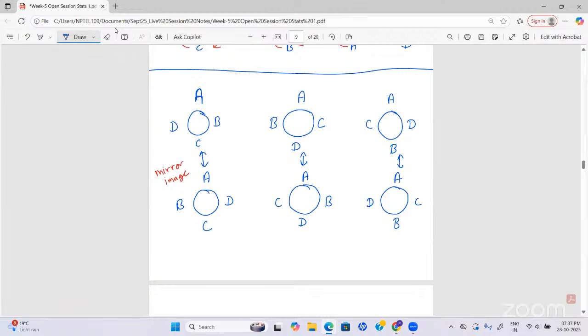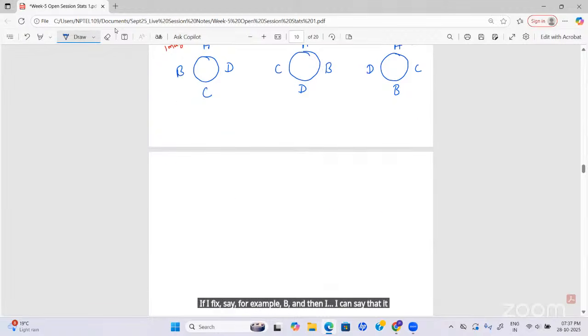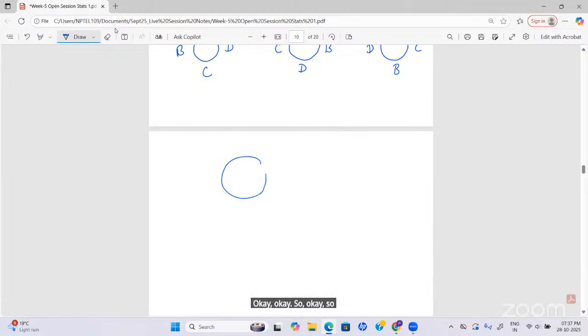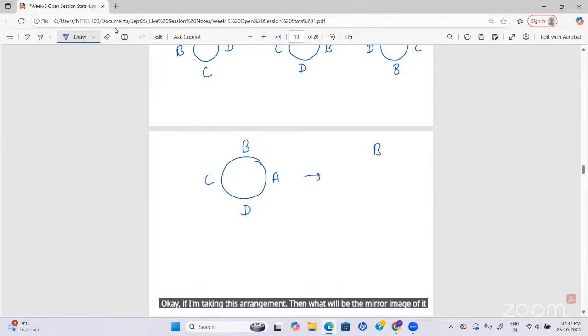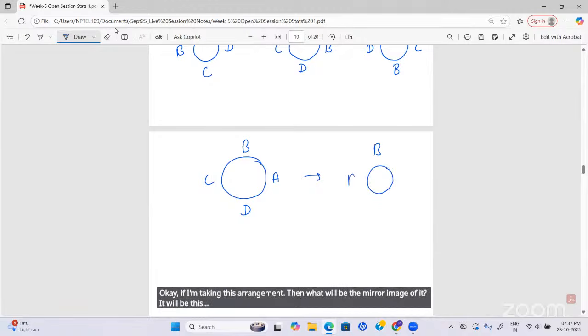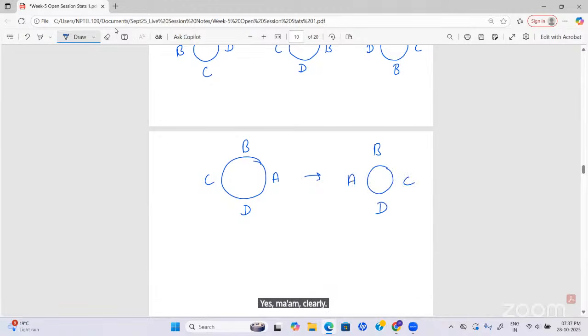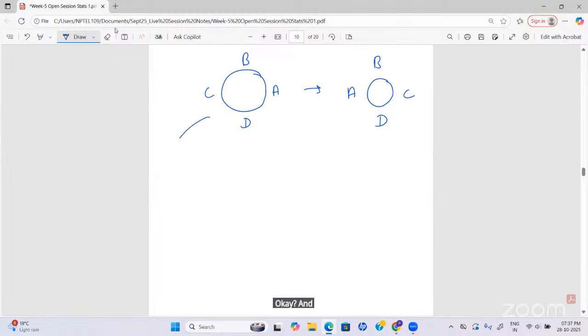If I fix, say, for example, B, then suppose I am taking this arrangement, what will be the mirror image of it? It will be this: A, C, D, B, C, D, A. And we have already discussed that this arrangement is the same as